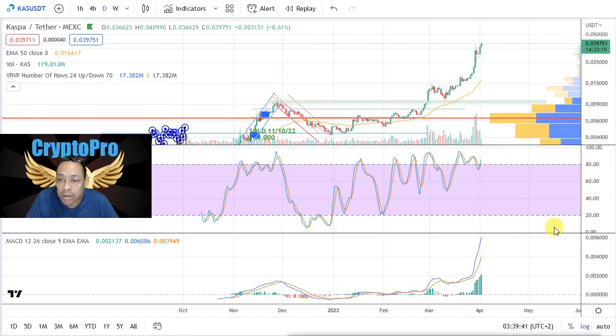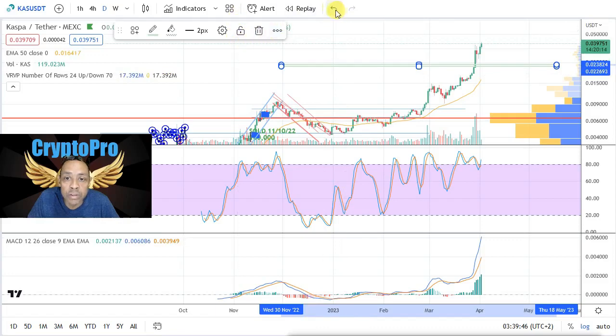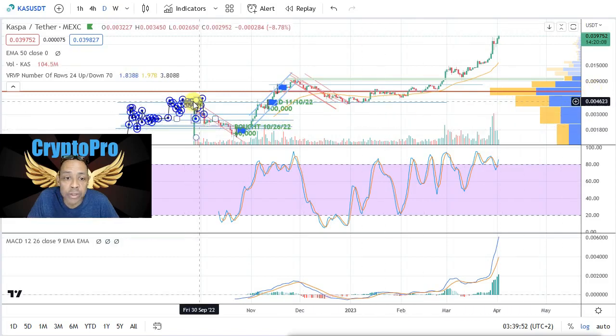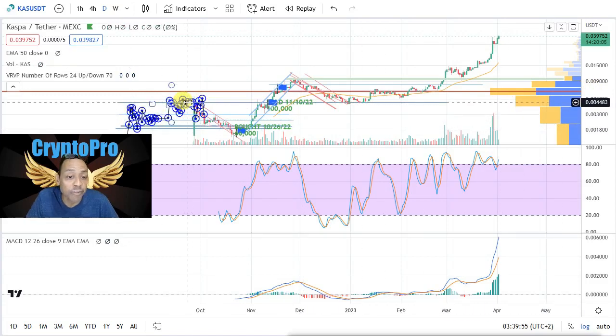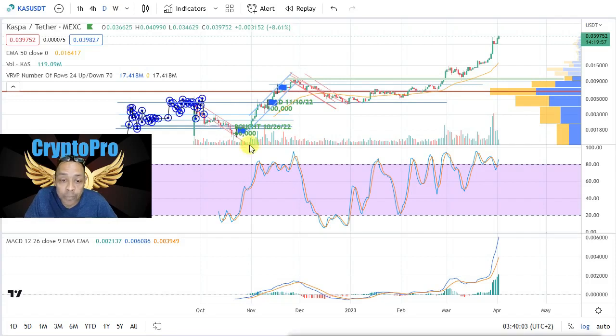Let's see if we can scrunch this down and get all of the price history. Whoops, let's undo that. I didn't mean to move that. Here we go. It's hard to even fit all this on here. And then here's the pre-data that I posted in here before the data was available on TradingView. So the bullish action started at the low, which was back here. I had bought, you can see where I bought twice. There's several points where I bought and sold here and here. And I actually bought way back here. I sold somewhere in here, and then I bought back in when we got down to the bottom, sold again,